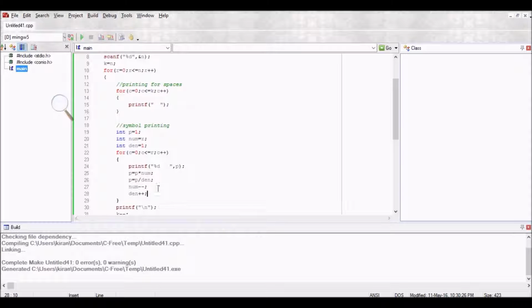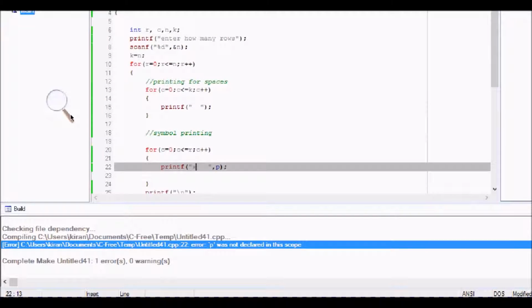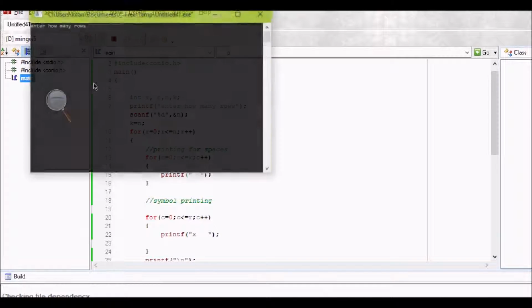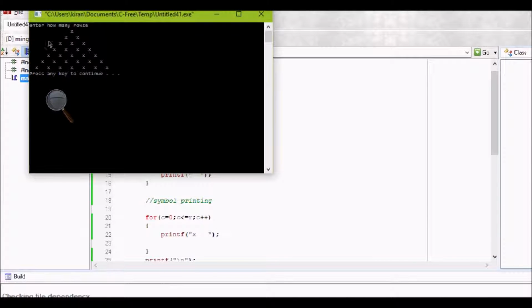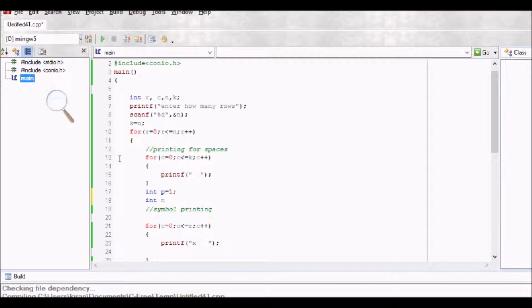So let us see here. I will just remove this. Let us see first the symbol printing only. So let us print this one. Okay, so let us remove this and we will check this. So see here, this is the normal pyramid pattern, and now I want to print something: int p is equal to 1, int numerator is equal to row, int denominator is equal to 1.